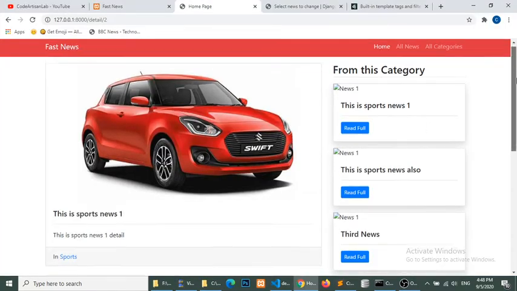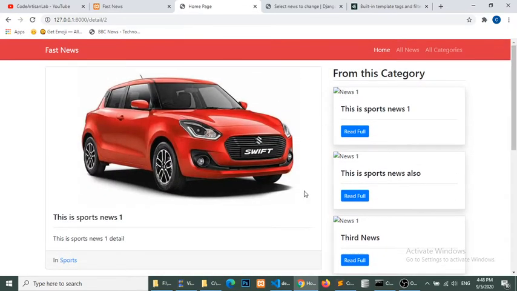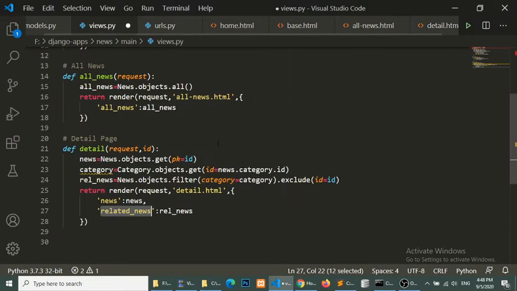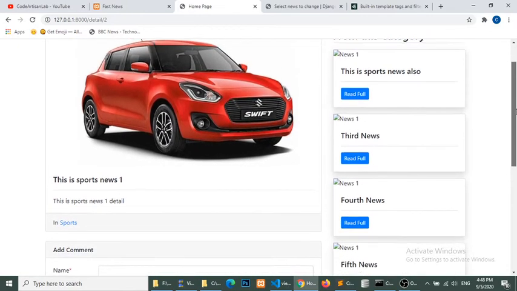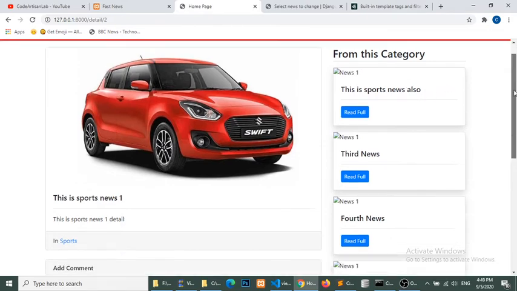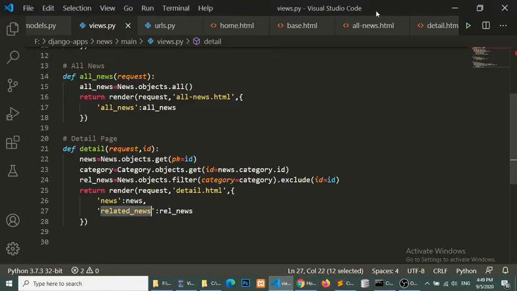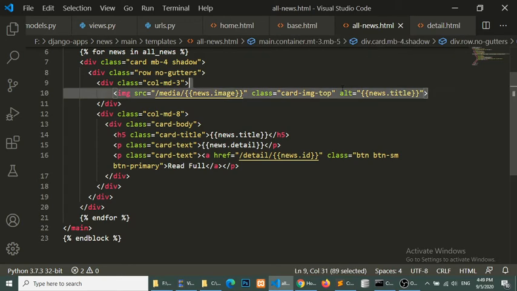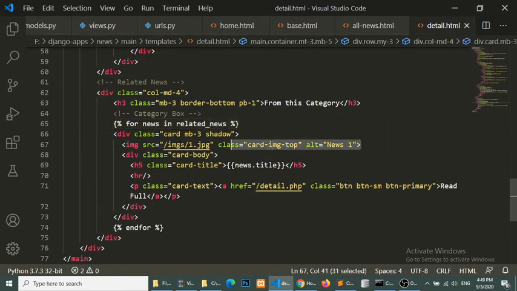So here you can see that we have fetched all the news, 5th news, 6th news. So now I will exclude the, please save, and you can see that this sports news one is not coming in this right side from this category section. So now we need to get the image. So what will we do? We will add this image tag here. Okay,